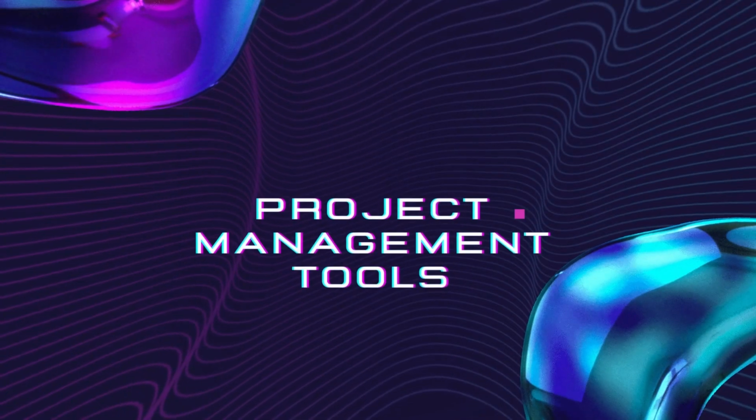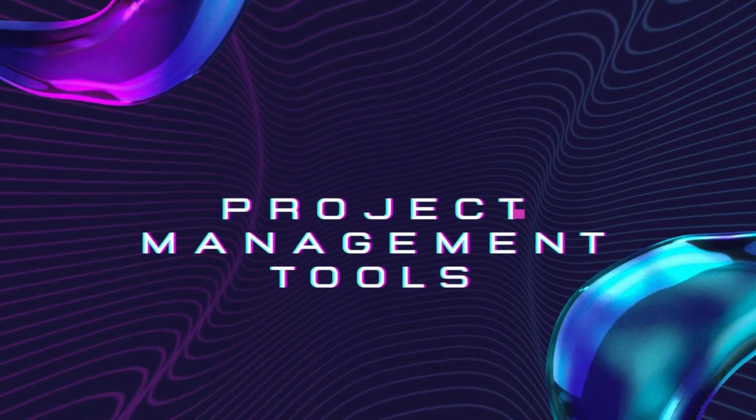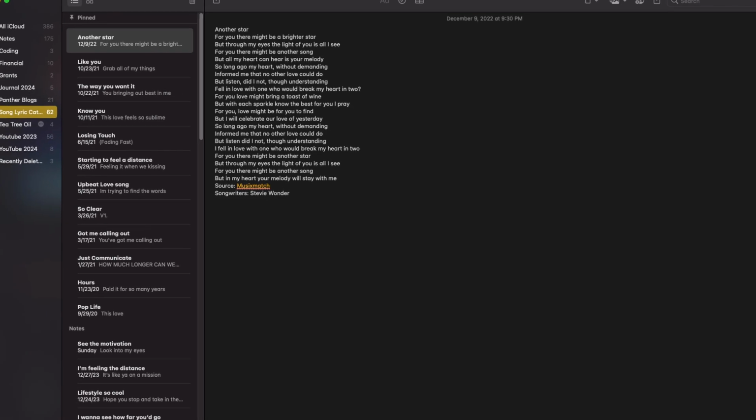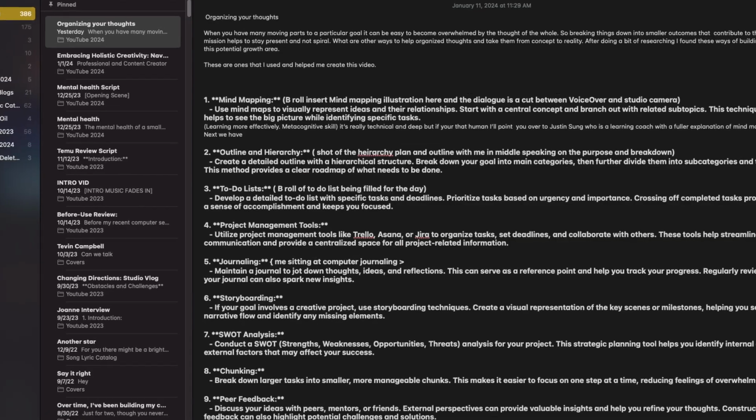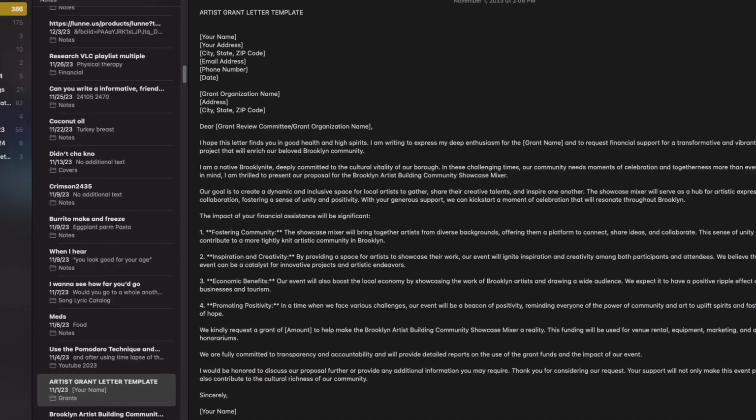Next, we have project management tools. I really do just use my notes app at the moment as a project management tool. I write my notes in there. I have different folders for different categories of goals that I have, whether it's journaling, YouTube posts, song categories, song lyrics, you know what I'm saying?